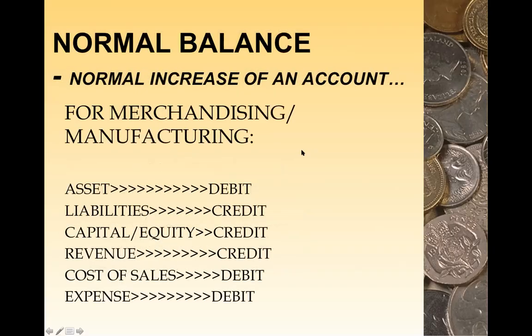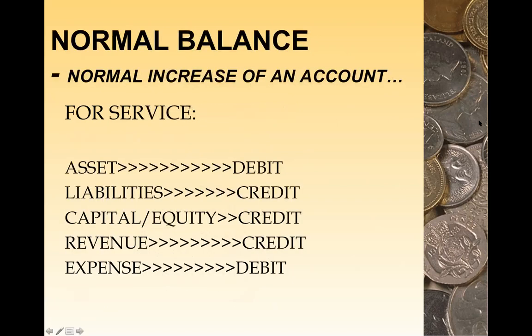For merchandising and manufacturing, ang idadagdag ko na lang dito sa account header o yung sa kategorya nila ay yung tinatawag na cost of sales o tinatawag din cost of goods sold. Ang kanyang normal balance naman ay debit. So para mas madali nating maunawaan kung paano maglibro, dediretso na tayo sa sample transaction natin. I'm going to use the Excel type that would be shared. So kindly wait for the while I am sharing.